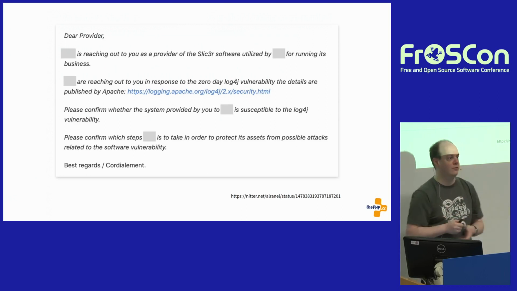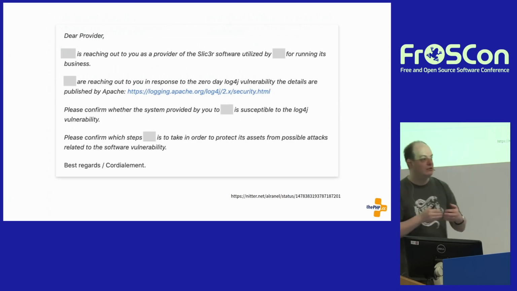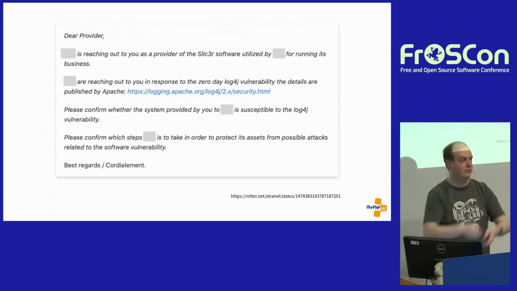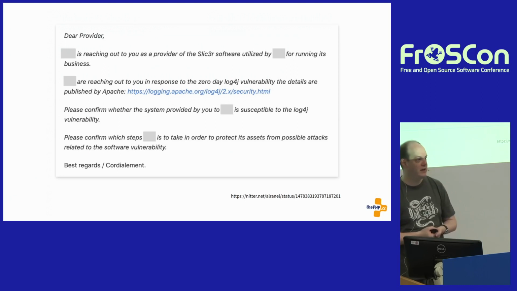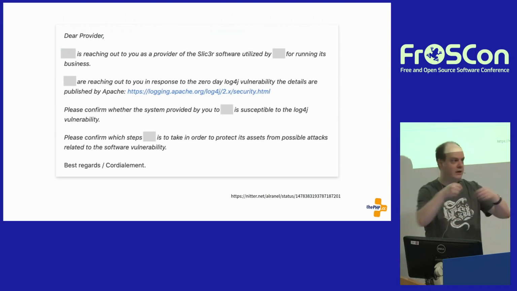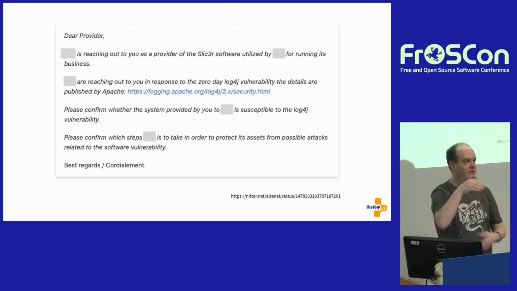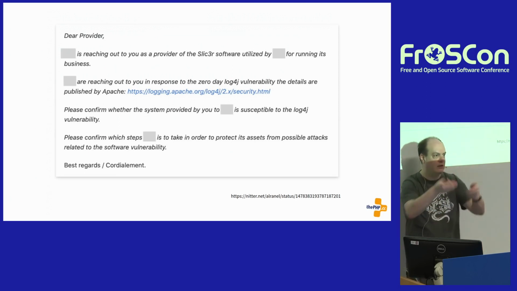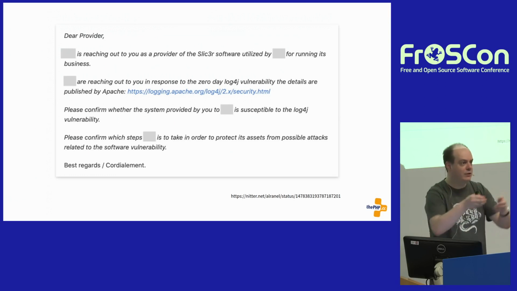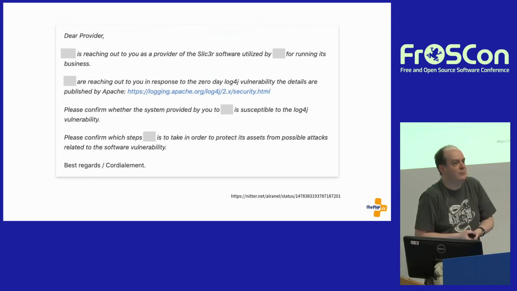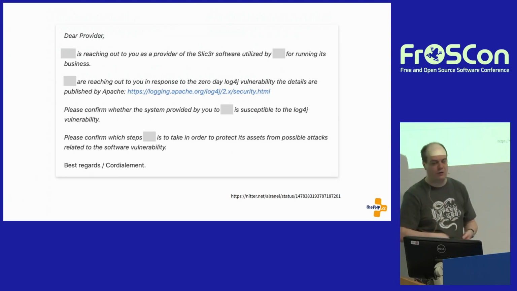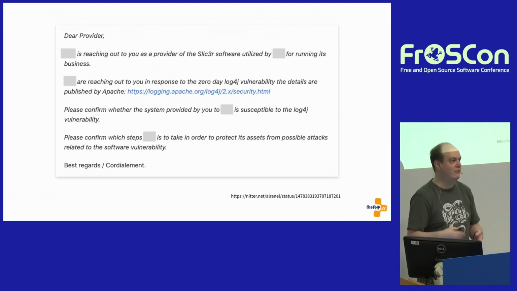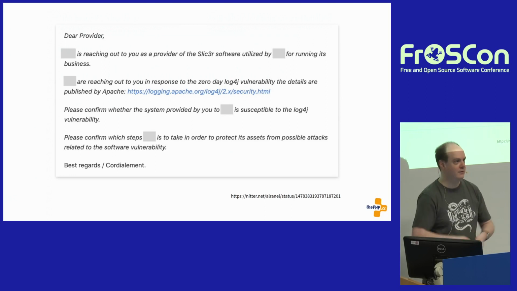We use your software and we need to know whether you use Log4j in your software, and if and how you can help us get rid of Log4j, because we use your software and we never told you that we exist, we never paid you, but we need a reply from you in the next 24 hours because our house is on fire. Thank you very much. Yeah, right?